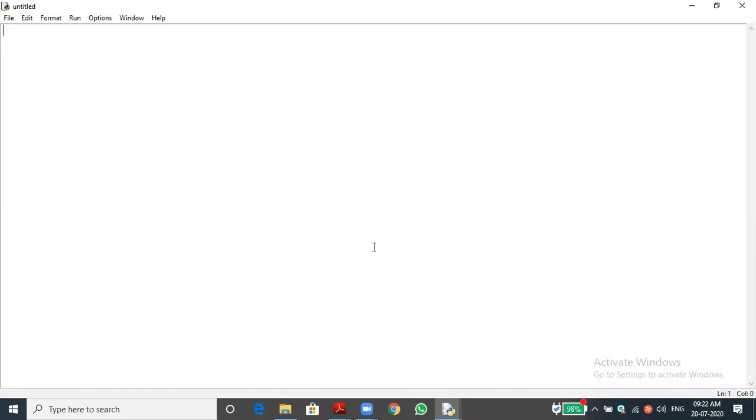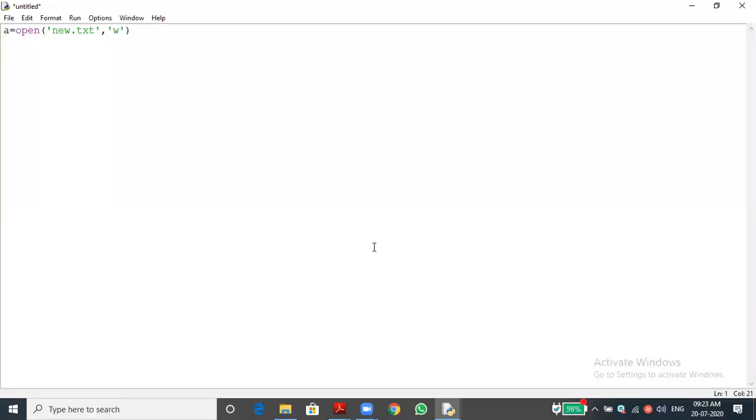Can you say how to open a new file and get the file object? As usual, we give a equal to open of a file. I am giving the file name new.txt, and then I am opening it in write mode.